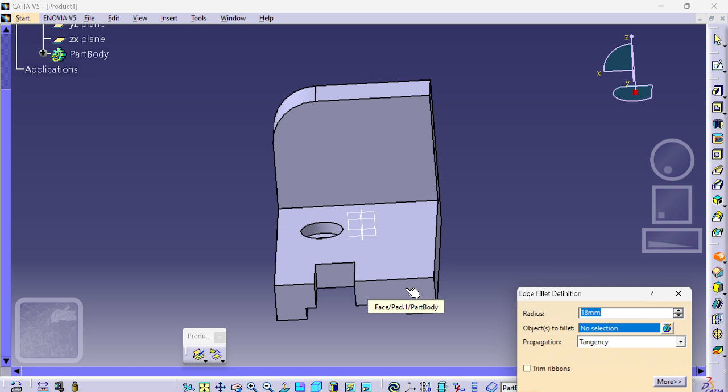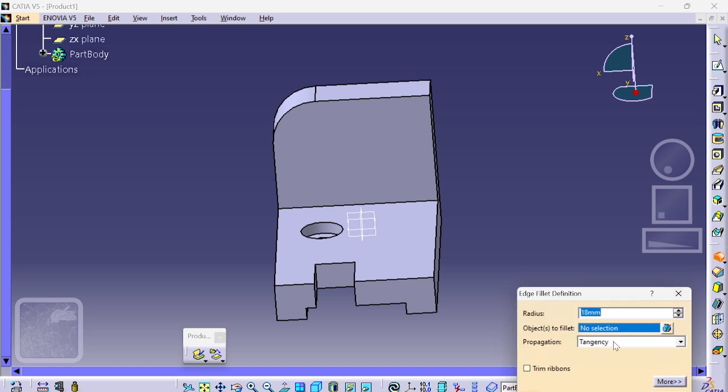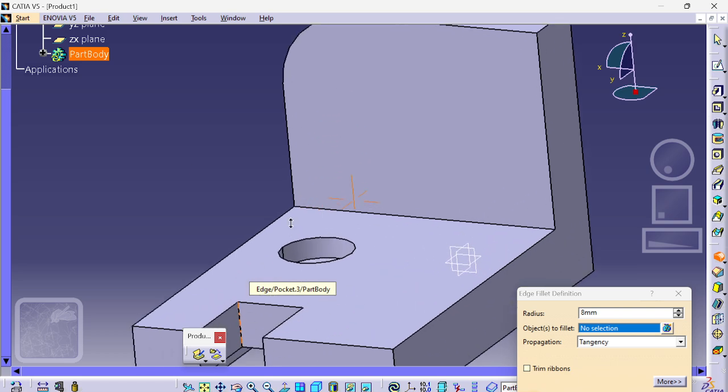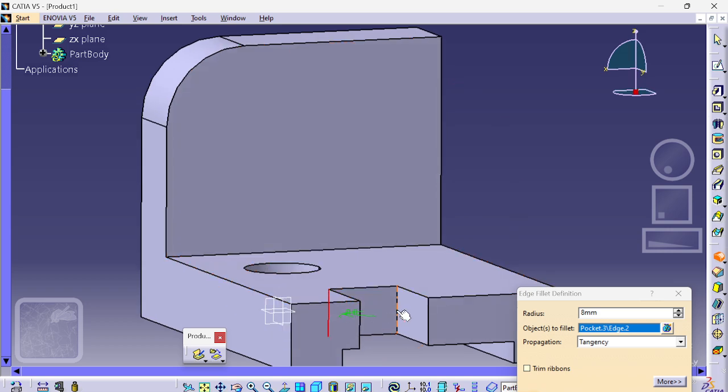और क्या हुआ, वो एज मैच नहीं हुआ तुम्हारा, 2 मिनट करते हैं। एज फिलेट ऑप्शन फिर से ले लो। Change that 18 to 8 mm, select edge, this vertical edge, this only, this vertical edge, rotate your object, select this another vertical edge,